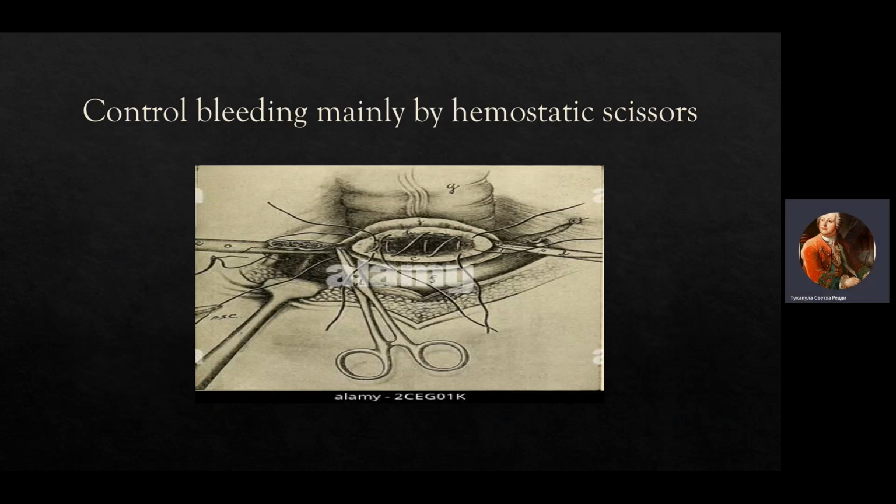Mainly, we should remember that after making an incision while operating on an organ, there will be a lot of bleeding from different arteries and veins. We make sure that we stop the bleeding by different mechanical methods, mainly by hemostatic scissors and clipping the artery or other blood vessels around the wound we are making.